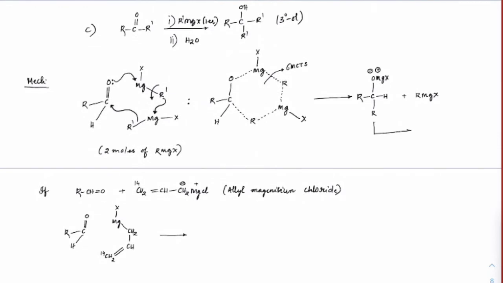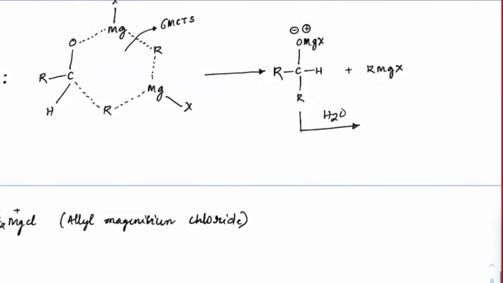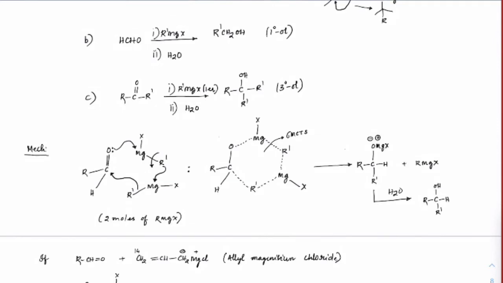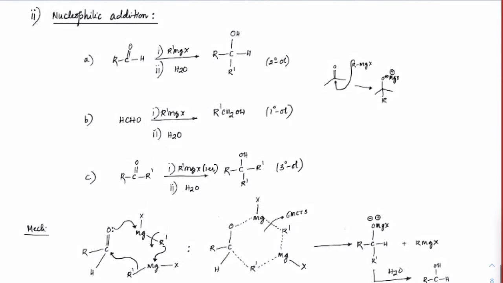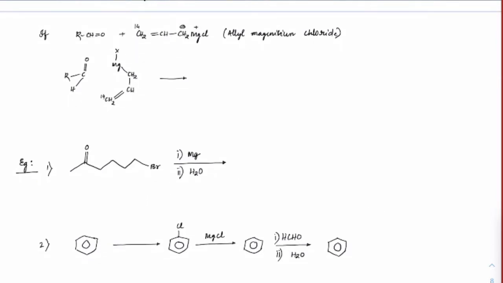Once you get this here, we will hydrolyze. On hydrolysis, we will get R, C, OH, R and H. Why is this mechanism more accepted? Because this allylic magnesium chloride, when it was reacted, this problem has been identified. So first write these notes. See this mechanism here. In case of allylic magnesium chloride, suppose at this end we have an isotopic carbon. The isotopic carbon one was found to be the major product.